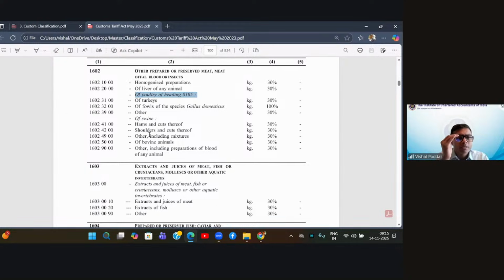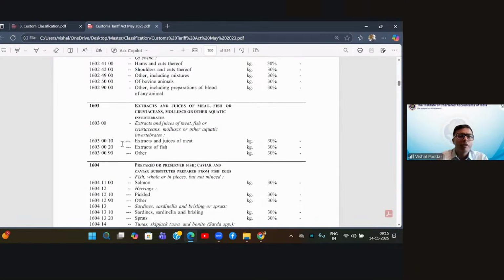So, what do these dashes mean? Dashes mean they are a subpart of the main part. Correct? So, when you have two dashes, it is a subpart of the main dash. So, this is the main heading. Of this heading, these are the subparts. So in short, double dashes are subparts of the single dash heading.